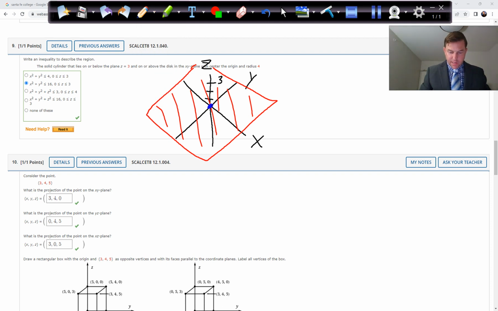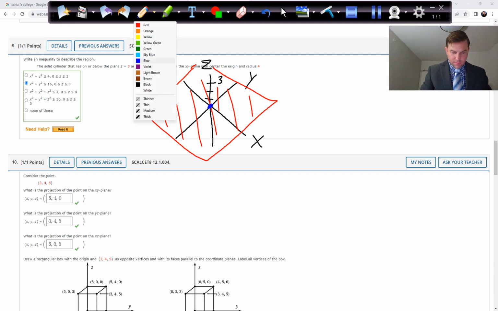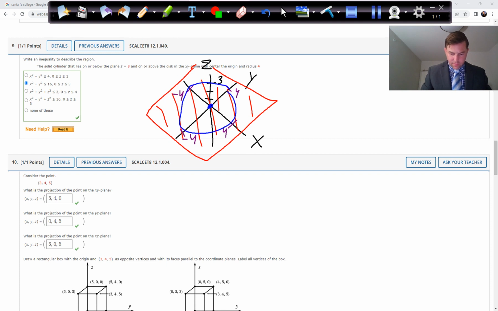So in the xy plane, it would be right there, with radius 4. So here's x is 4, here's x is minus 4, here's y is 4, here's y is minus 4. And what you get is a circle